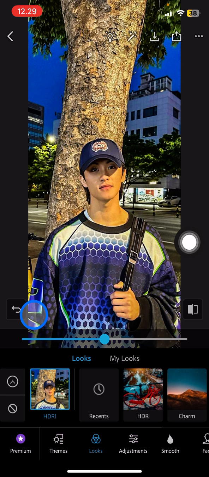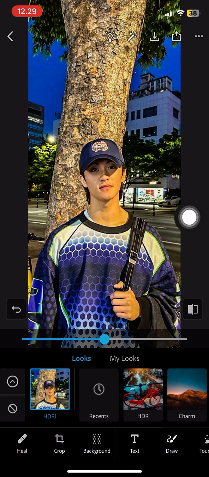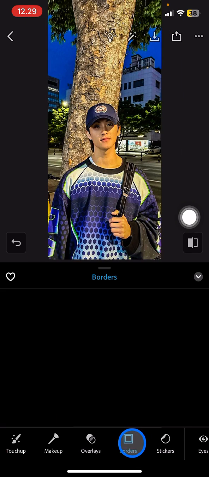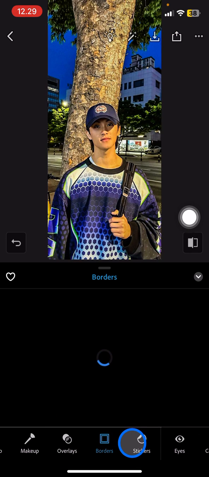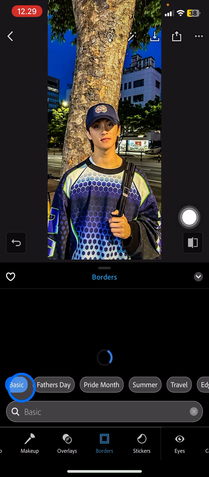The next thing you need to do is just go take a look into this bottom section, swipe it into the left side until you got borders options. Tap into this borders, and the next thing you need to do is just go find the basic sections of the borders options. Tap into this basics, and the next you just need to wait until the borders option is kind of like loaded up,